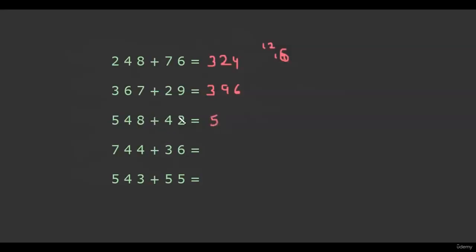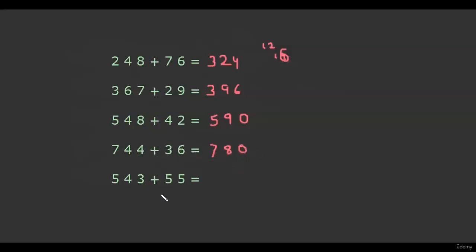But 8 and 2 are carry numbers. So we increase 4 plus 4, 8 by 1. So it becomes 9. And now 8 plus 2 is 10 and the unit number is 0. So we write just the unit number over here. Now 4 and 3 are non-carry numbers. So 7 as it is. But 4 and 6 are carry numbers. So we increase 7 by 1. So it becomes 8. And 6 plus 4 is 10.